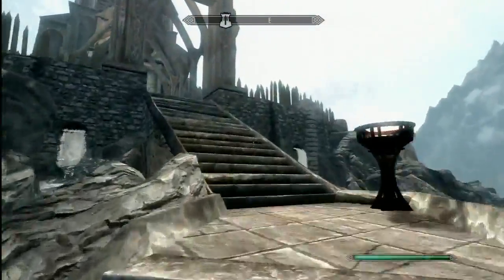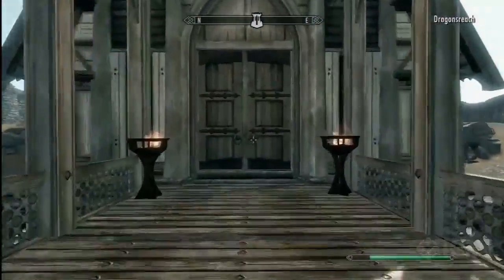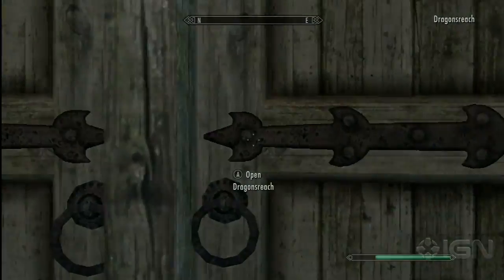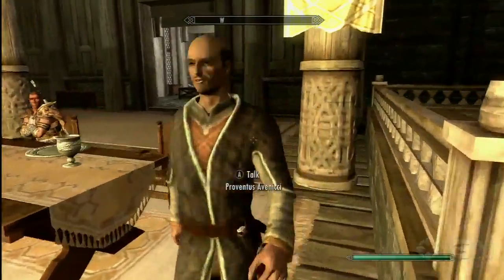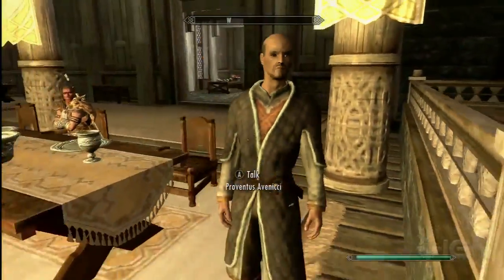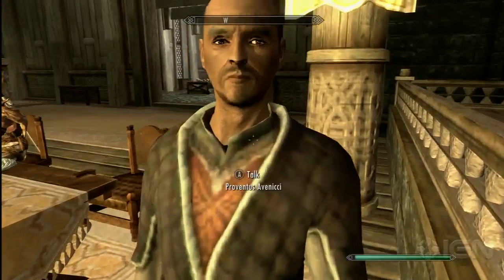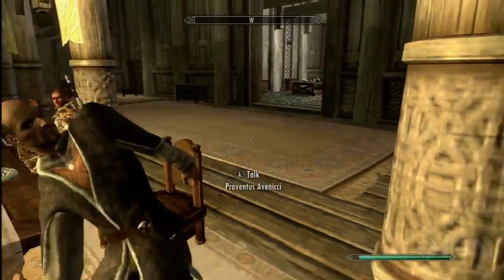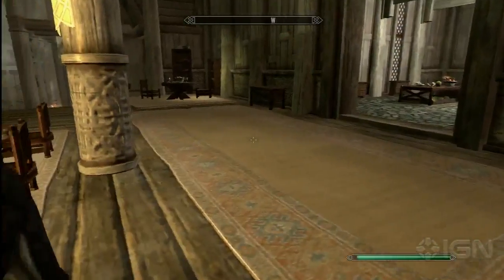What you want to do is head up to where the main castle is and go inside, and you're looking for a particular person. You're looking for this guy, as he sells homes, and he's usually to the left of the king's pedestal. Now what I'm doing is I'm sprinting into him, because when you run into somebody in the game, they stumble backwards a little bit,